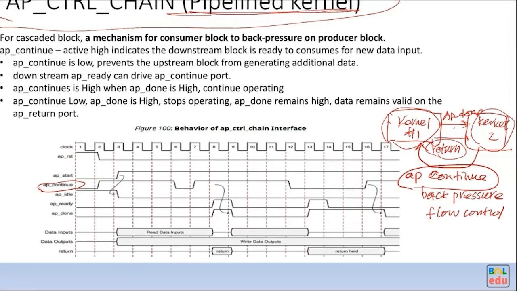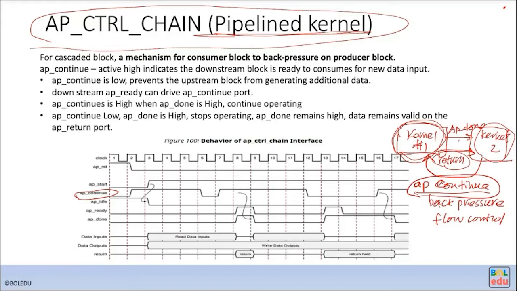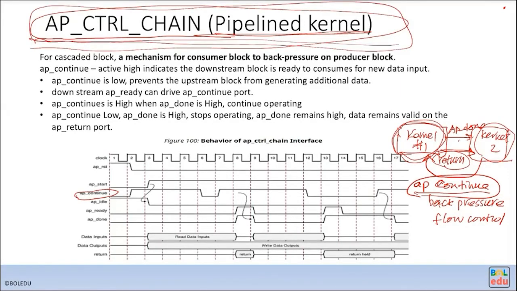So it provides this mechanism. As long as continue is high, the downstream can accept the output value, and then the upstream module can continue to execute. Originally, I remember this protocol from last year. The AP control chain has been used for years, mainly for pipeline kernels, cascade kernels, doing the pipeline operation. It doesn't have a mechanism to communicate with the host. Until this year,